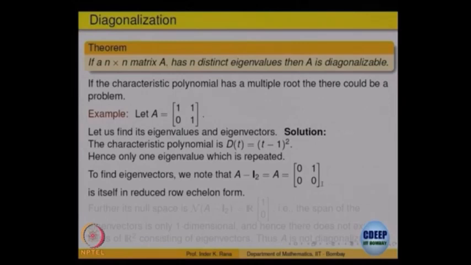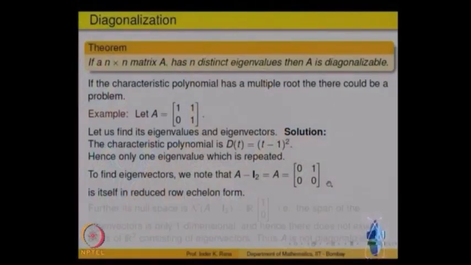Nullity, for the homogeneous system, is the dimension of the solution space. So, the dimension is 1, that means there is only one linearly independent eigenvector for the eigenvalue lambda equal to 1. We can find that. How do you find that? This applied to (x1, x2) is equal to 0. So, what does it mean?